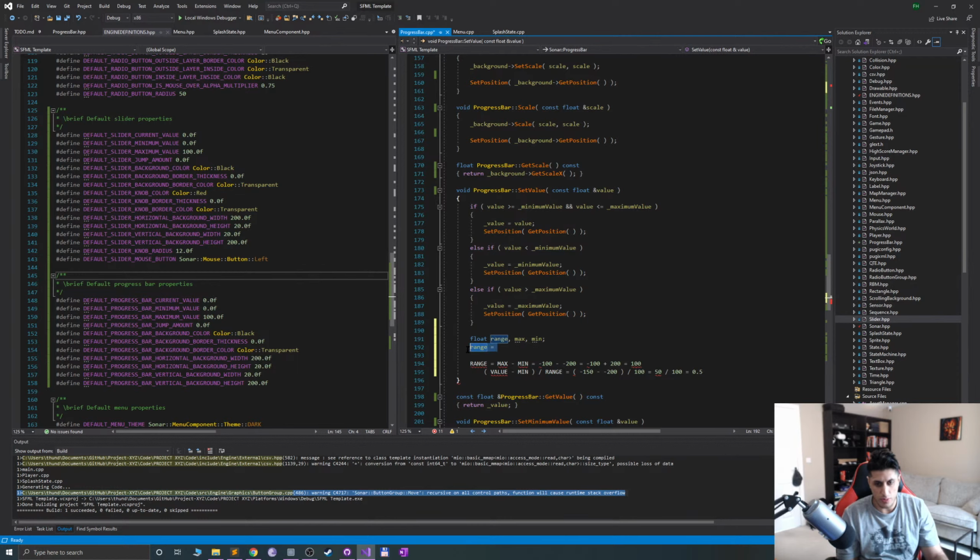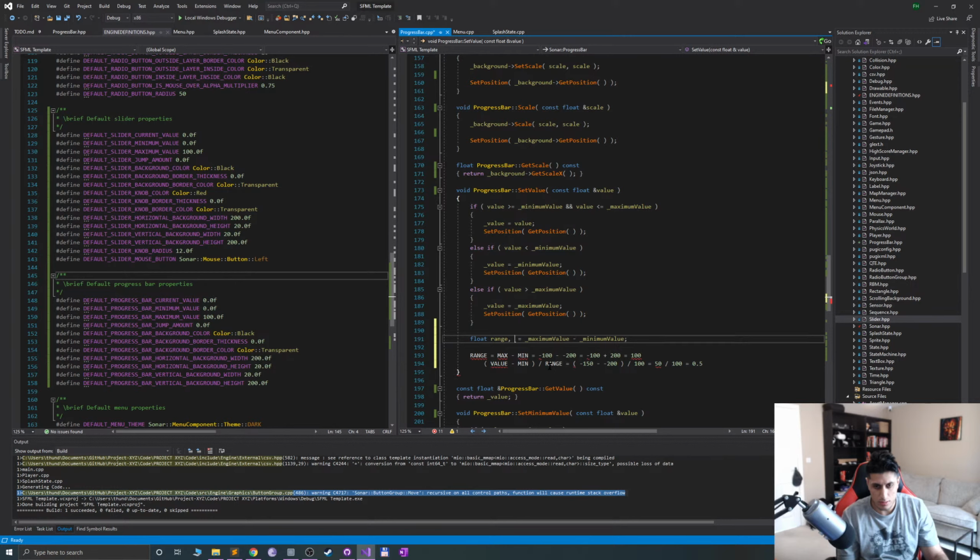Okay, so before we do that, no, we already know the max, so range equals underscore maximum value minus underscore minimum value. So we literally only need this, so we can actually even get rid of this. So we got the range calculated, and now